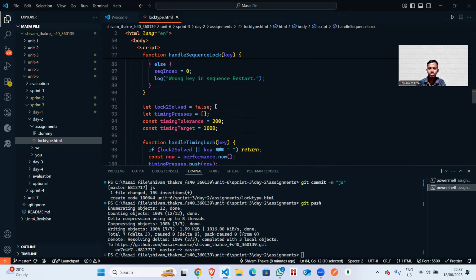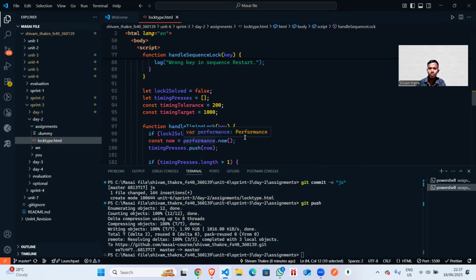Then the second scenario is the timing lock with the space bar. We check whether the key equals the space bar; if it is not the space bar, we return.